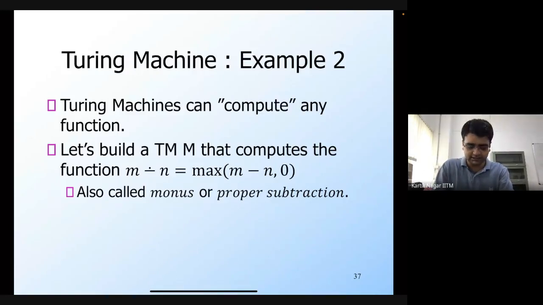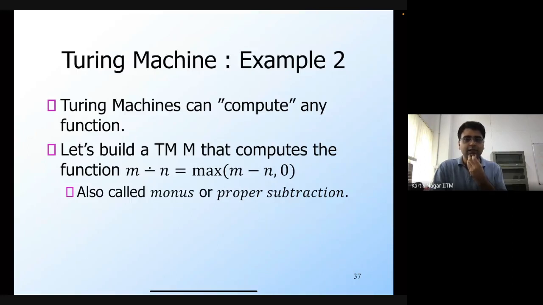But this is not your normal subtraction, but a special form of subtraction which is called the monus or proper subtraction. So here m minus n will be the maximum of m minus n or 0, which means that if you give two integers m and n, in this case two positive integers m and n,